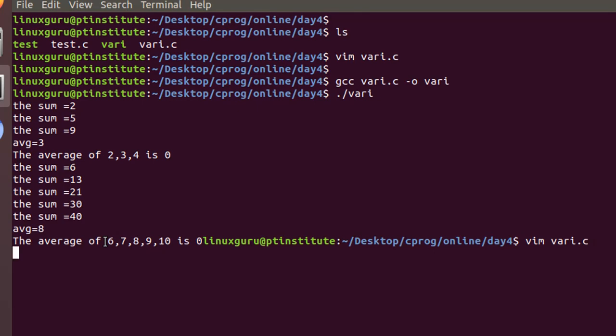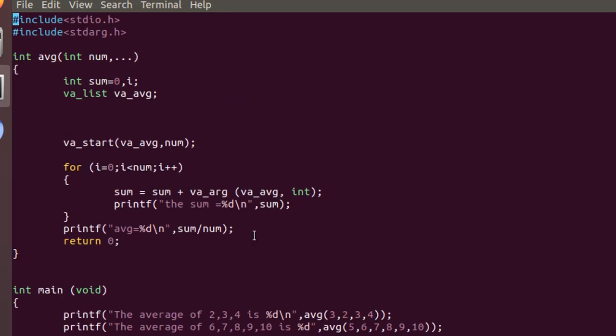So this is how you can write a variable input parameter. A few things you have to take care of. This three dot is a symbol which says it is a variable input parameter. That is one important thing. Another important thing is you have to make the va_list where you are going to get the parameters. Then you have to start the variable argument, and then you have to read the arguments one by one. There are a few more functions associated with it, but it's okay for our application.